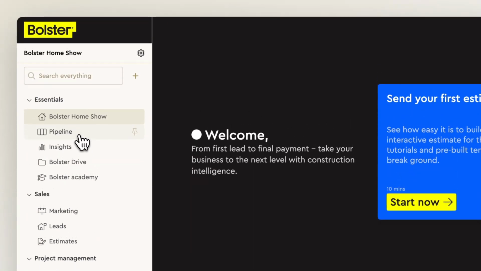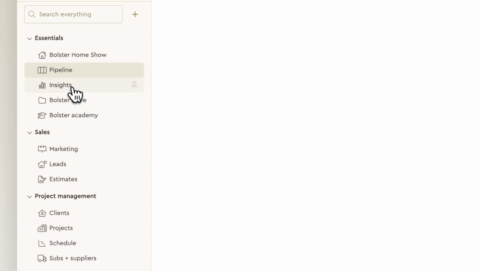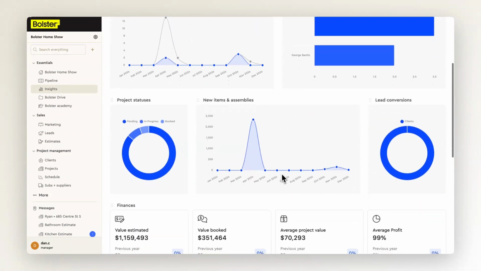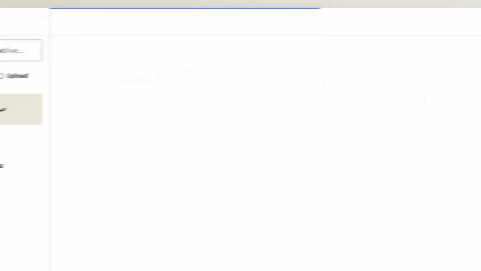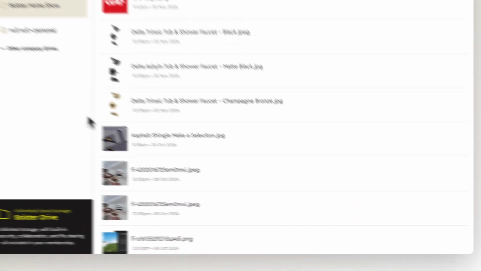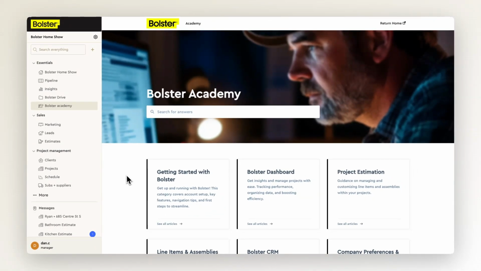In the Essentials section, you'll find your pipeline, your default home screen, and where you can see the status of all of your current projects. The Insights tab is a dashboard of key metrics to measure business health, and you can find all the files you've uploaded in Bolster Drive. You can also access Bolster Academy from this section, a library of support articles containing answers to questions across the